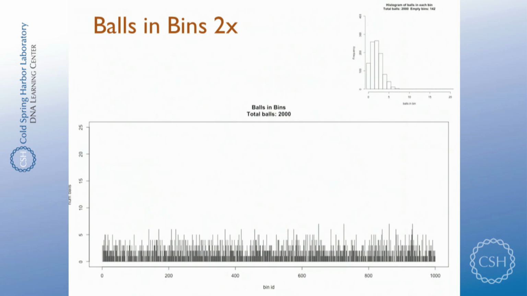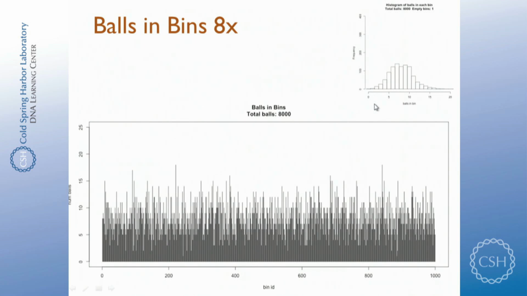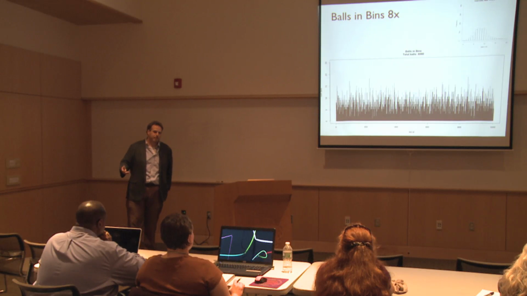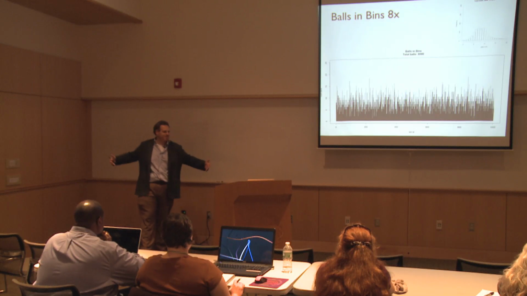If we double the coverage, on average now we're up to 2x coverage. That's good, but we're still going to be missing quite a bit of the data, something like 15% or so. If we boost it up to, say, 4x coverage, things get a little bit better. As we boost it up to 8x coverage, finally we reach the point where we hope the vast majority of your genome will be covered. Back in the Sanger days, you lived and died by 8x coverage because that was the point where the statistics were in your favor, where you hoped that you had enough coverage such that 99.9% of the genome would be well covered. That's great in terms of a percentage, but 0.1% of the human genome is still megabases of stuff